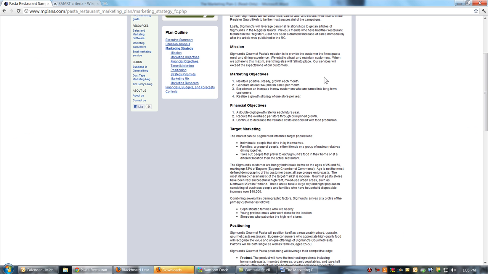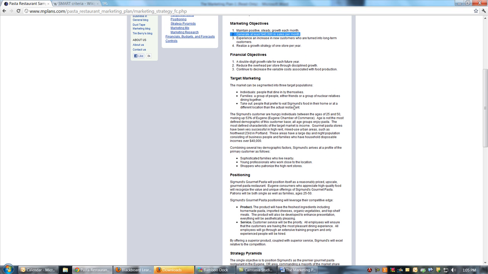And as you look at this, the first one here is, well, it's not a particularly good objective. It's not specific enough, but if you combine it with the second one where they're talking about $40,000 in sales a month, now you're getting specific. You can have financial objectives if you want. There's not really any rule that talks about the difference in marketing and financial objectives. But with our financial objectives, we usually put in here our overriding objectives. Revenue growth will often have a profit margin and our operating margin goal in our financial objectives.